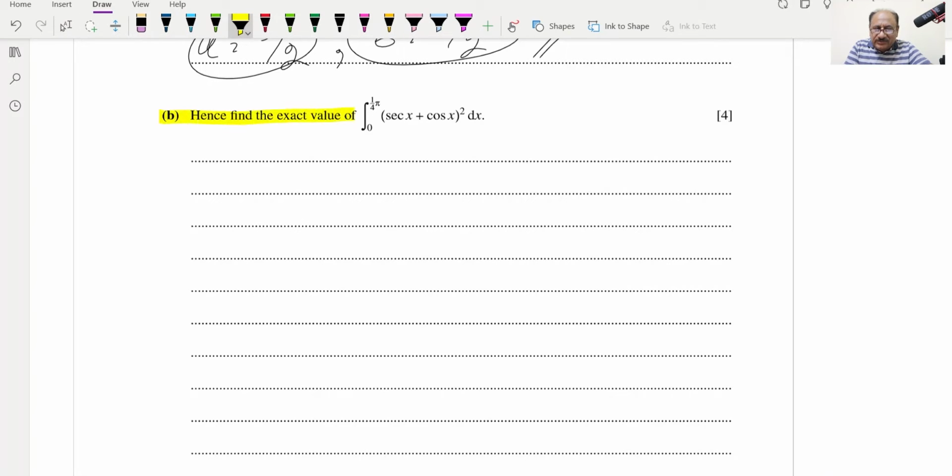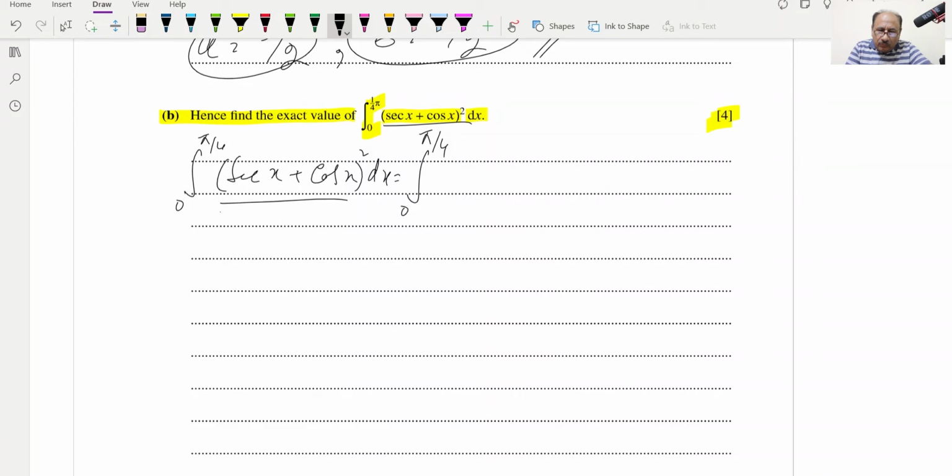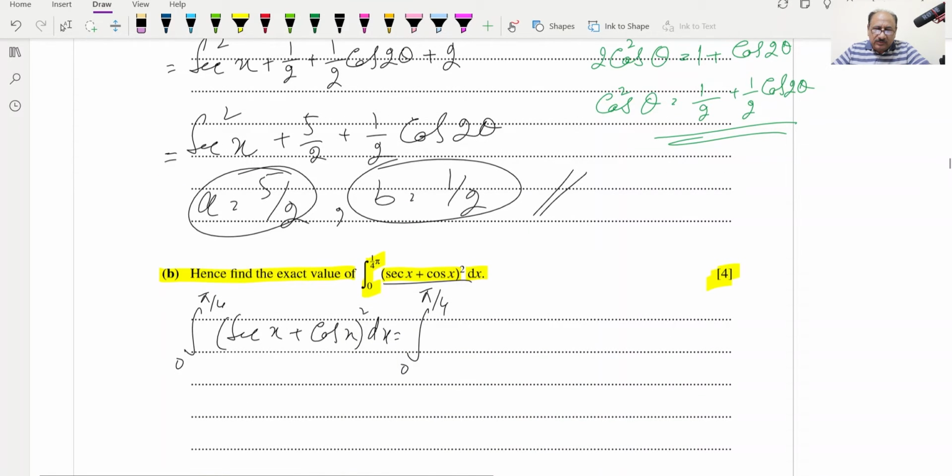Now the b part: hence find the exact value of this definite integral. The integral of secant x plus cos x squared dx. This is a 4 marks question. So the integral from 0 to pi by 4 of secant x plus cos x squared dx will be equal to the integral with limits 0 to pi by 4 as they are, and this inner portion we have solved in part 1, so we will copy from there, and this will be secant square